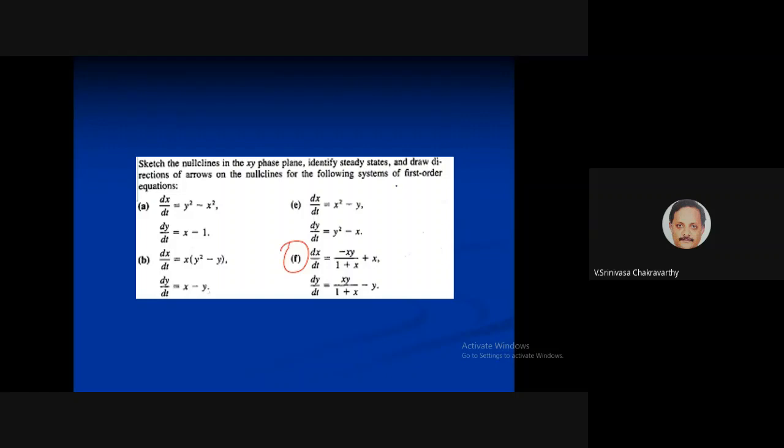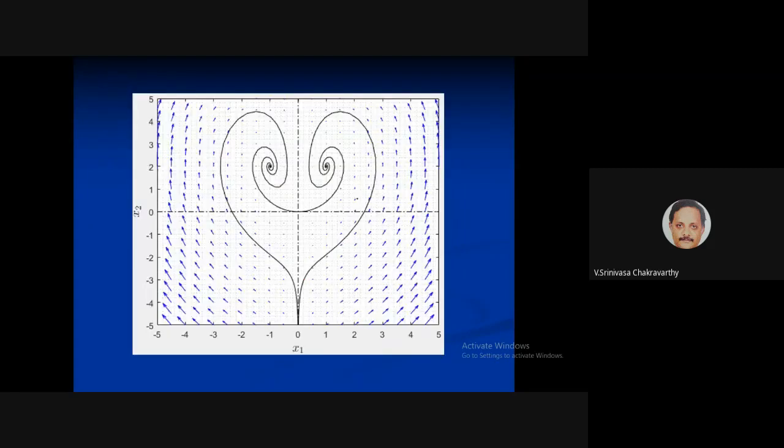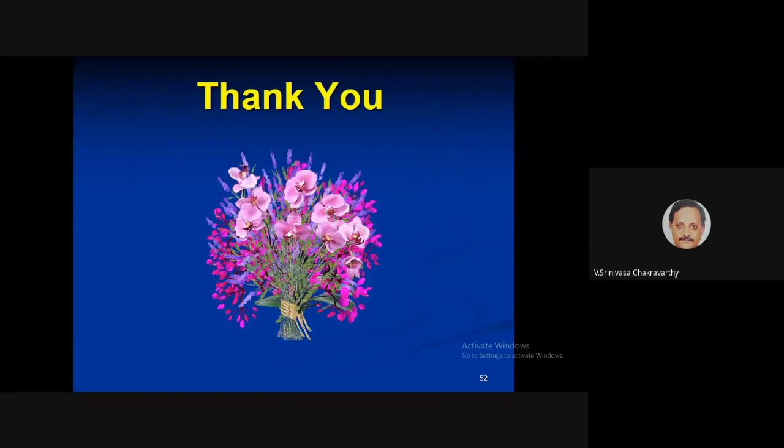There are some nice software tools which will let you do the phase plane analysis given a system. You can plug in the equation and draw the null lines and vary some parameters in the equation, and see how the null lines change, how the fixed points change, and all that. So a very nice, fun exercise. Using such a software tool, you can examine systems like this. Even for a two-dimensional system, you can get very fancy dynamics like this. It looks like an octopus or whatever. So that's all. Thank you. If you have any questions,